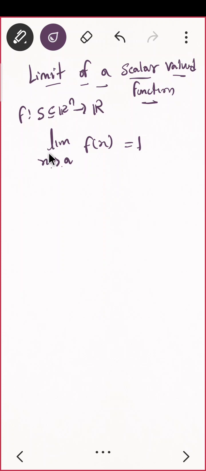Okay. Do you remember how we defined the limit? What was our epsilon delta definition of limit? Can somebody tell me? Yes, Yukta, can you do the epsilon delta definition? Yes, Yukta, can you hear me?